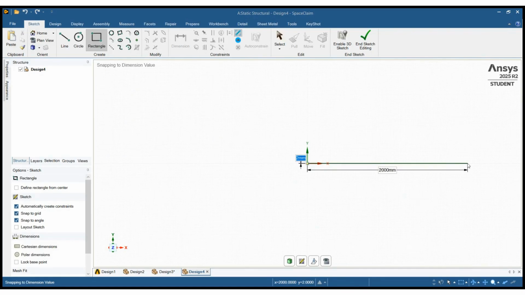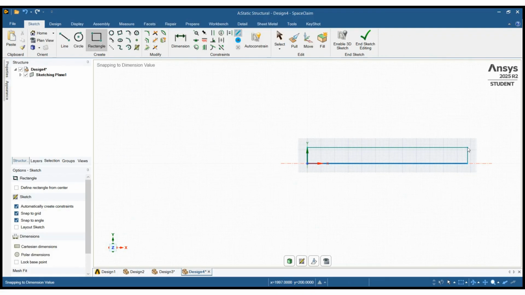Hitting tab again and then enter, and that's going to be my beam section.